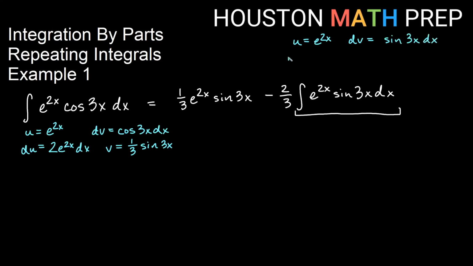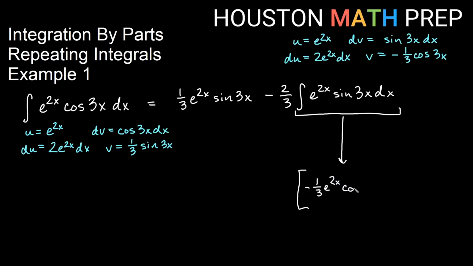We'll get a similar thing here, right? So du, we get 2e to the 2x dx again. And then v, the antiderivative of sine, is negative cosine. So negative cosine 3x, and the reciprocal of 3 will come out. We get a negative 1/3. So for this one here, if I do uv minus integral v du, then that will be negative 1/3 e to the 2x cosine 3x